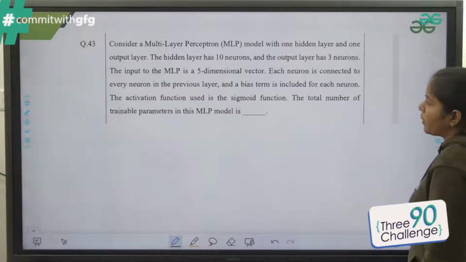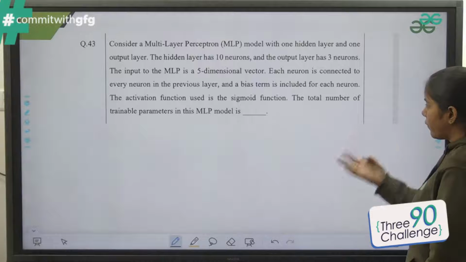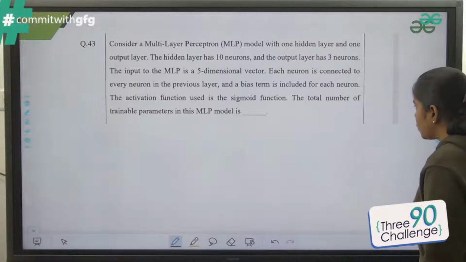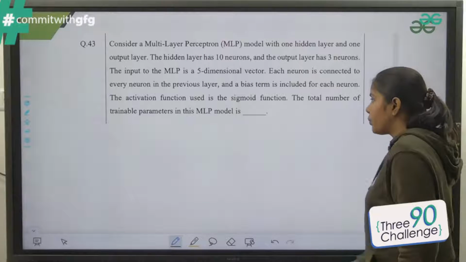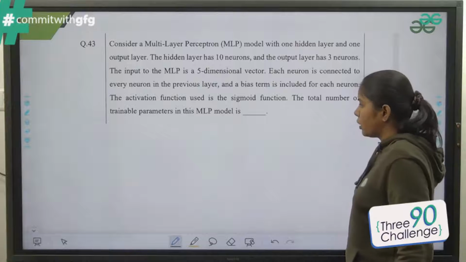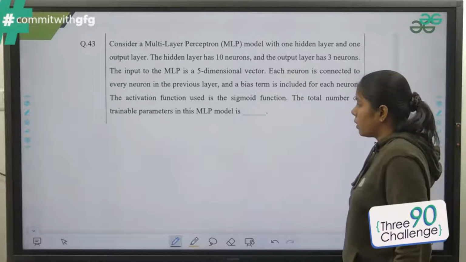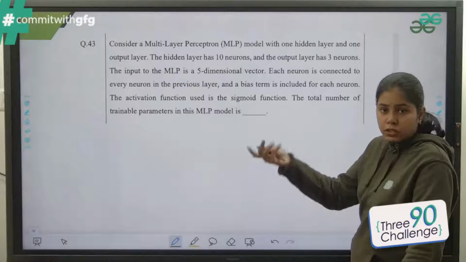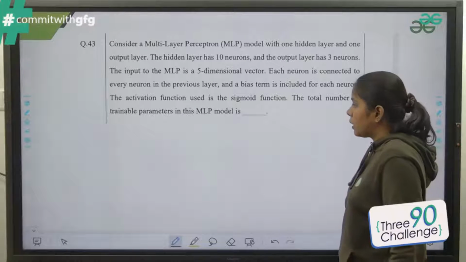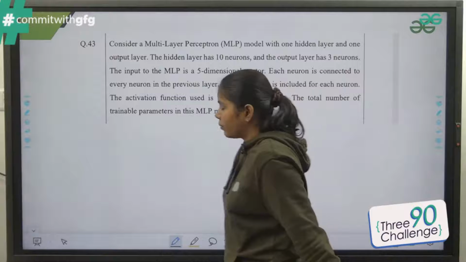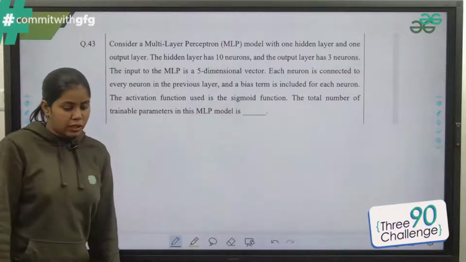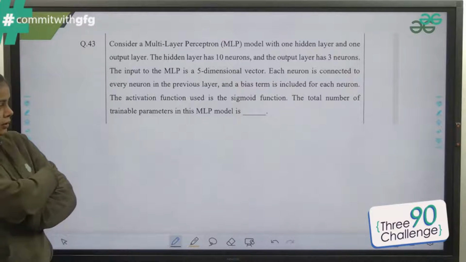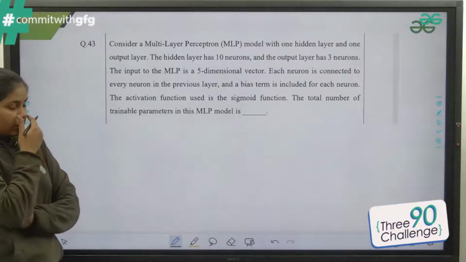Input to the MLP is a 5-dimensional vector. Each neuron is connected to every neuron in the previous layer, and a bias term is included for each neuron. The activation function used is the sigmoid function. Then the total number of trainable parameters in this multi-layer perceptron model is,